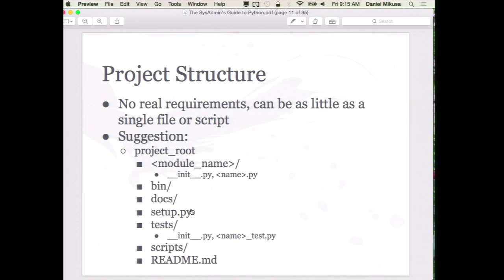So when you start a new project, there's a couple ways that you can do it. A lot of people will just start with a single file and kind of go from there. There's nothing wrong with that. If you're writing something that's small or simple, it can work quite well. You can just knock it out and get it done. But once you start to get to something that's a little more complicated, you need to have a little bit